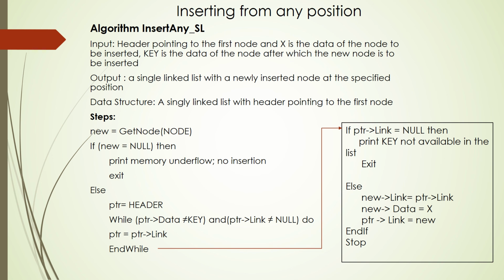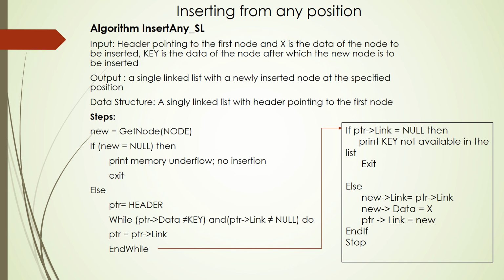For that, you have to identify the content of the data of the node after which the insertion has to happen. So if you are going to make the new node the fourth node of the list, then you have to identify the content of the third node. The third node will be pointing to the fourth node of the existing list. You will have to break that link. You will make the third node point to the newly created node, and the newly created node will be pointing to the fourth node of the existing list. This is how it is done.